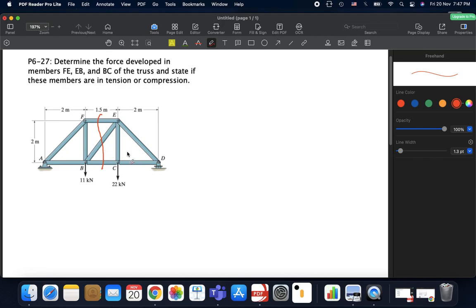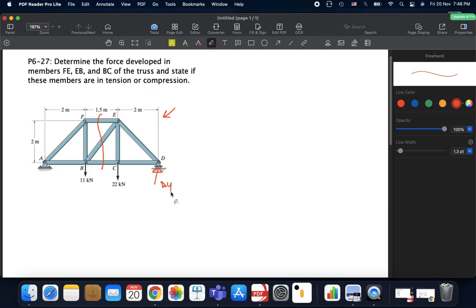Now, look guys, if I were to work with the right side of this truss, then I would need this reaction at the roller. If I were to work with the left side, then I need this reaction here at the pin. The pin support would give us reactions in the y direction and in the x direction. So you don't need to find all the support reactions. I would prefer to work with the right side. So basically, I just need to find this support reaction,